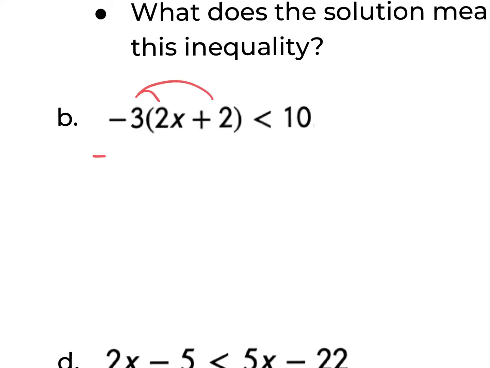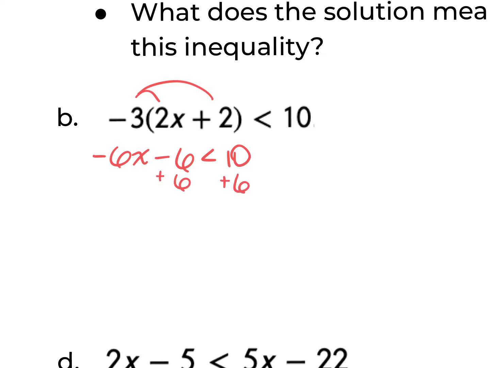So negative 3 times 2x is negative 6x. Negative 3 times 2 is going to be negative 6, so we put minus 6. That is less than 10. Okay, so negative 6x minus 6 is less than 10. So now we're down to a two-step inequality, and what we're going to do is add 6